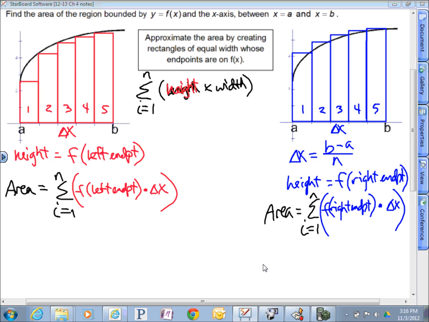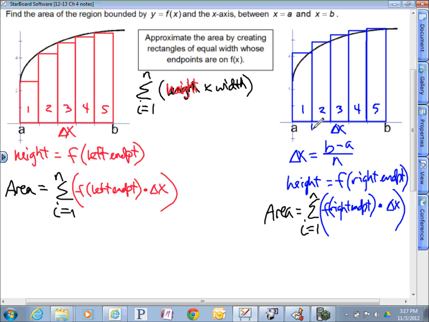We are going to find that f of the right endpoint is much easier to deal with. If you liked it better when I went through the blue one, because the first rectangle was f of 1 and the second rectangle was f of 2 and the third rectangle was f of 3 and the fourth, that was a lot easier to keep track of than the red one. Well, that's exactly what we're going to try to do. Because if I want to find the right endpoint,